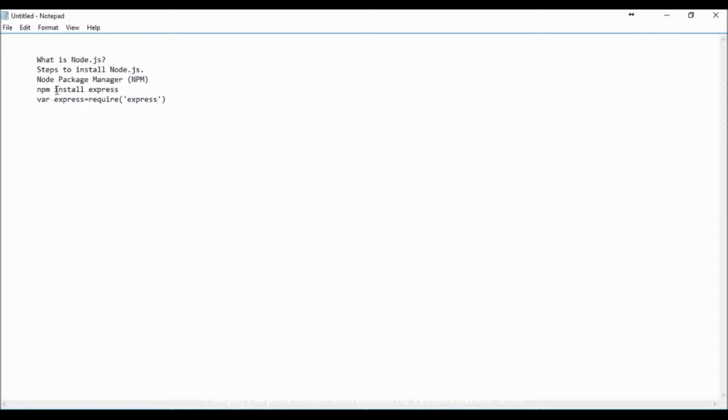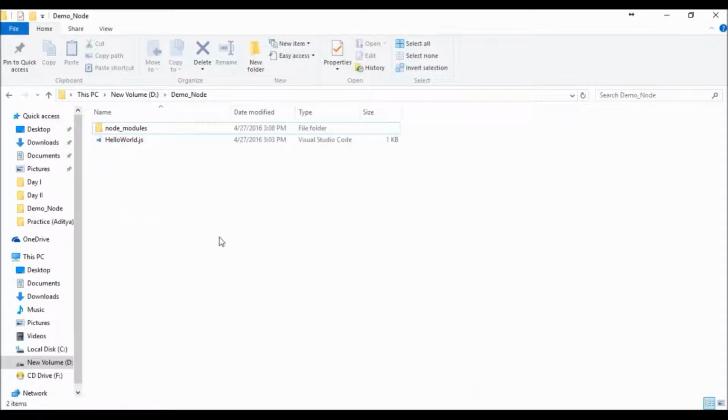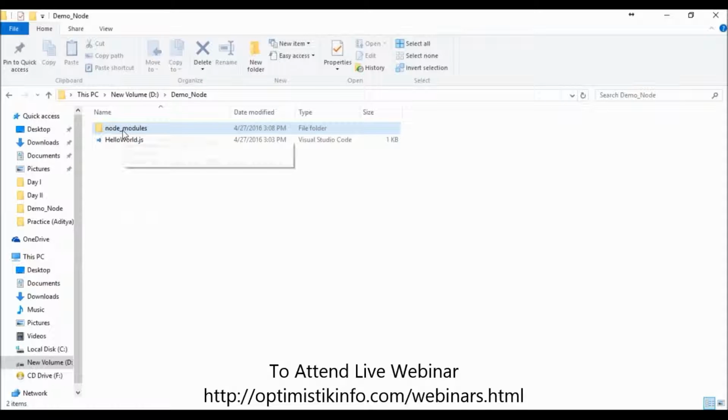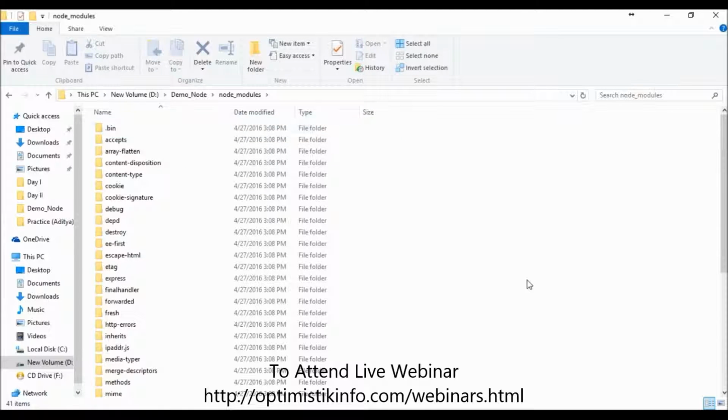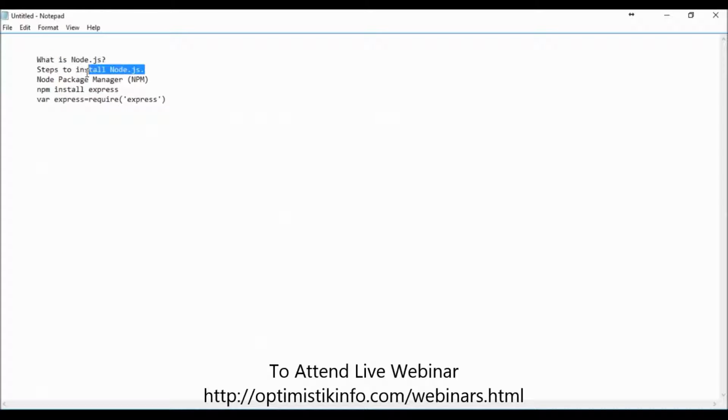And like this, var express = require('express'), we can use that particular module in our file. Now see, once Express is installed, it will create the node_modules folder in the local directory, that is demo_node.